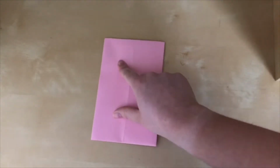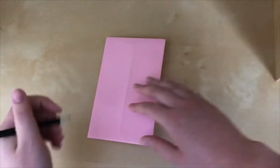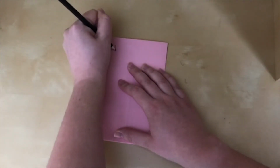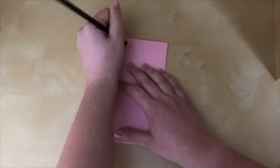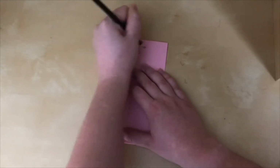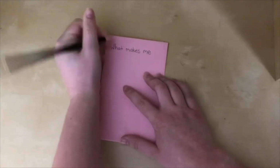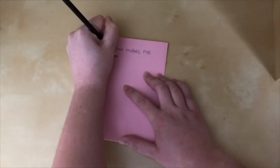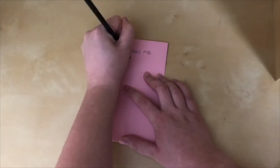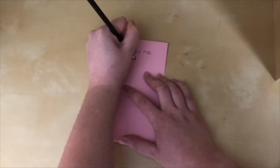At the very top of our envelope or our sheet of paper, we're going to write, what makes me special is. Now that we have that sentence written, we're going to start to brainstorm and think about 3 things that we think are special about us,